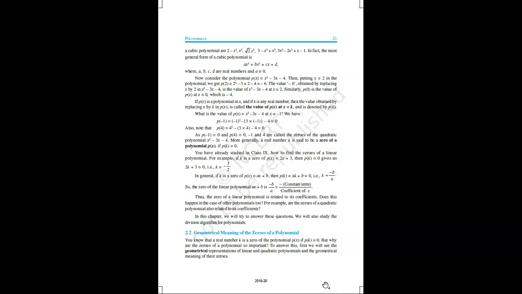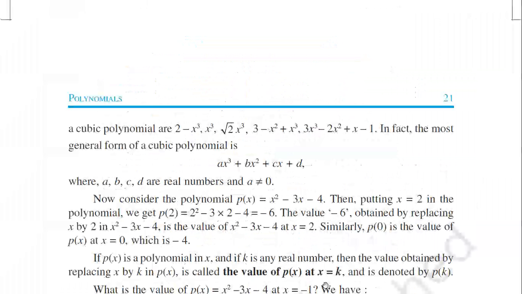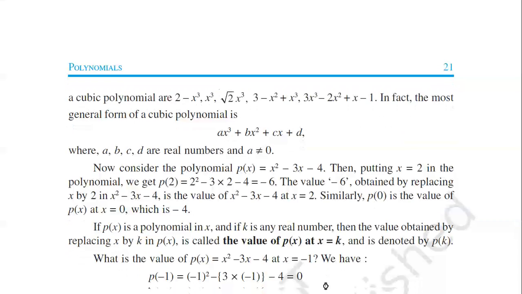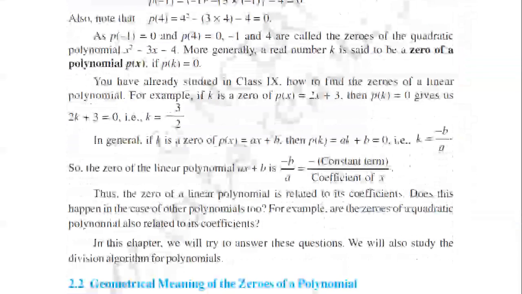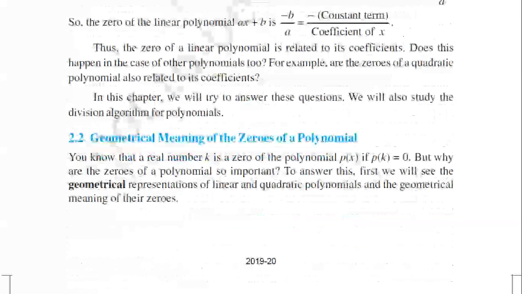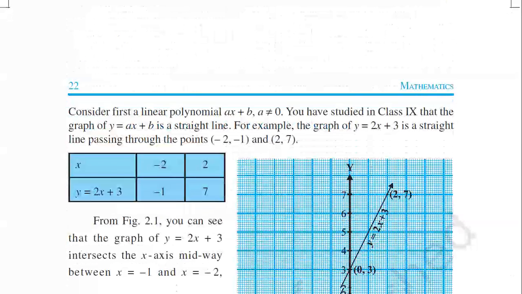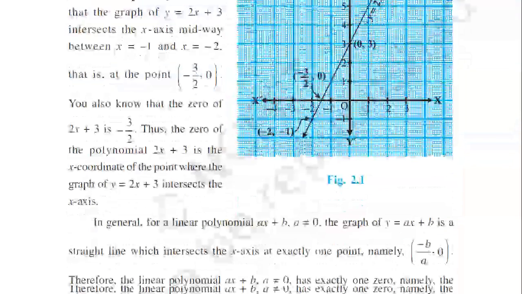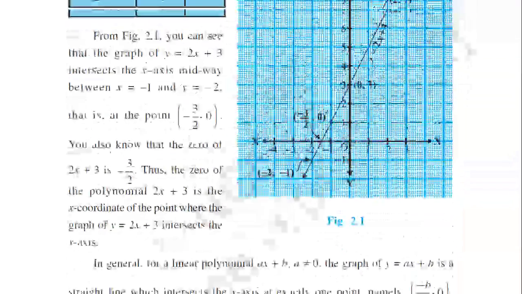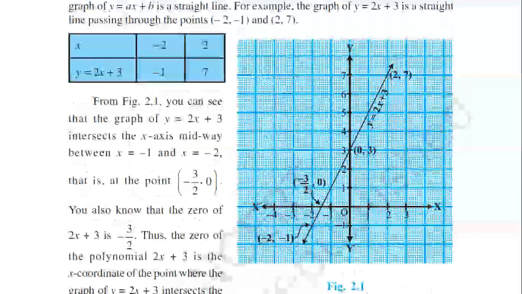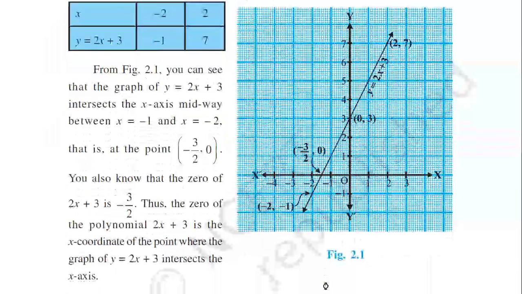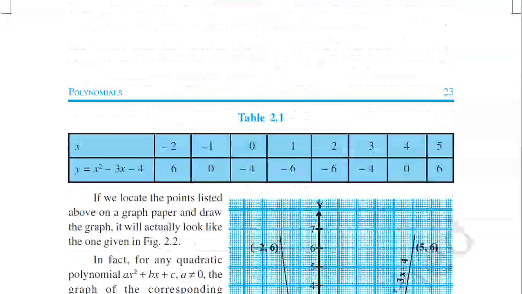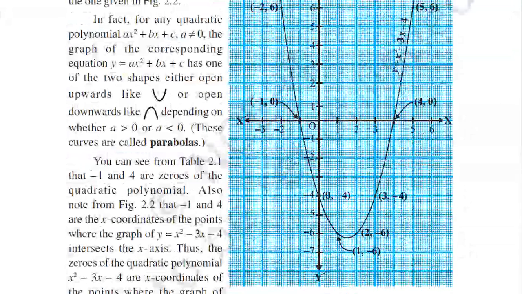As you can see here, relation. First of all, we have to learn the geometric meaning of zeros. As we have discussed, for this kind of question you don't have to draw the graph in the exam, but questions can come from the graph. Let me show you which kind of questions can come. The question can come from here: